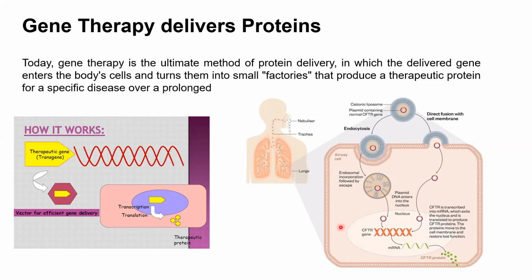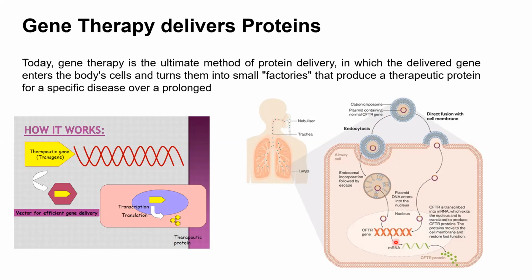Similarly, you can use vectors that are not viral. Normally we use viral vectors, but you can also use other non-viral vectors. For example, this is a cationic liposome molecule. Inside the liposome, you have the plasmid and the CFTR gene, and this would go through endocytosis into the cell membrane in an endosome, and eventually this plasmid enters into the nucleus, and inside the nucleus there will be